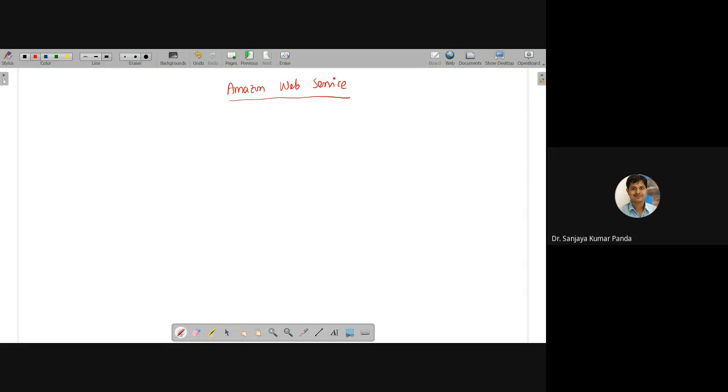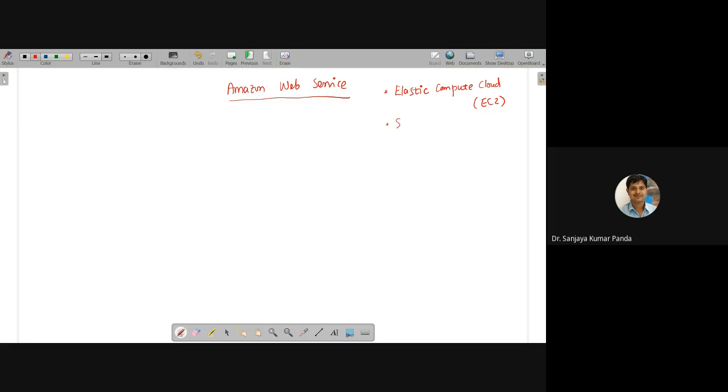There is a variety of services provided by Amazon Web Service. In theoretical classes, we have discussed Amazon Elastic Compute Cloud, which we call EC2.